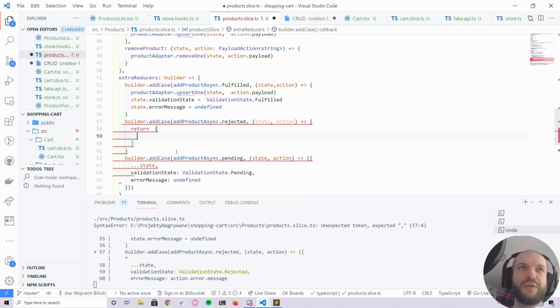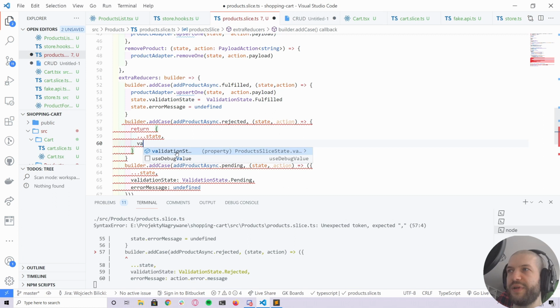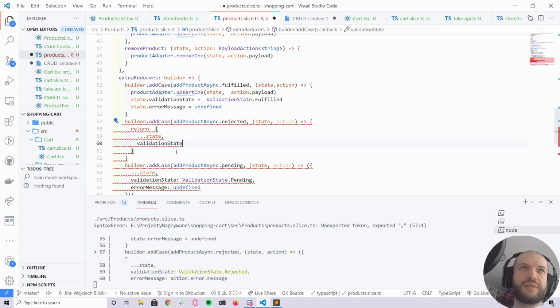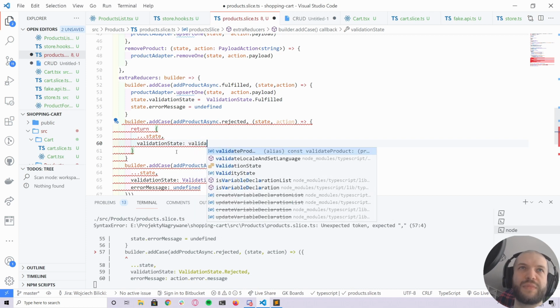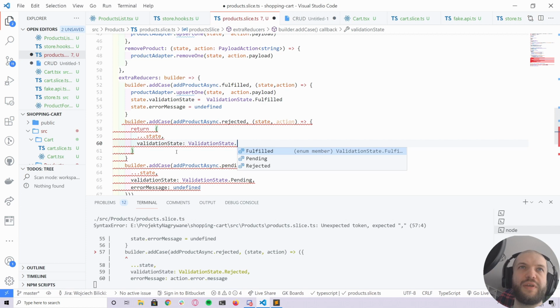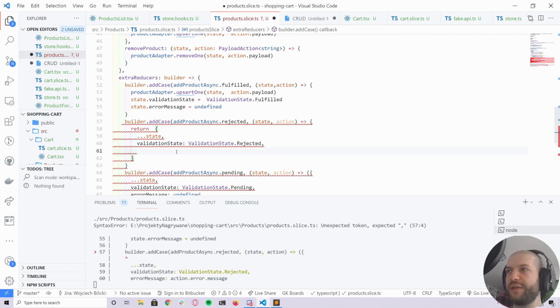This is going to be the state, then validation state. This is rejected, right? Right. It's going to be rejected, and error message should be the same